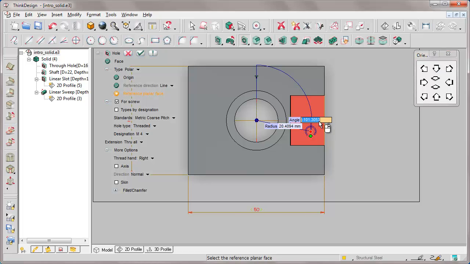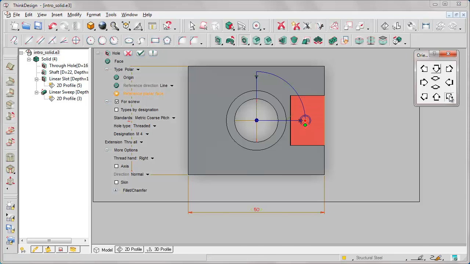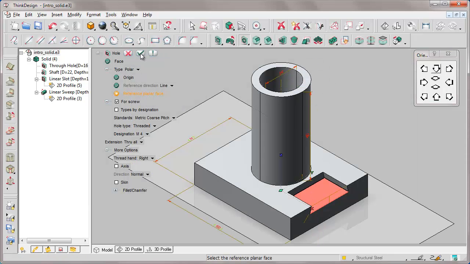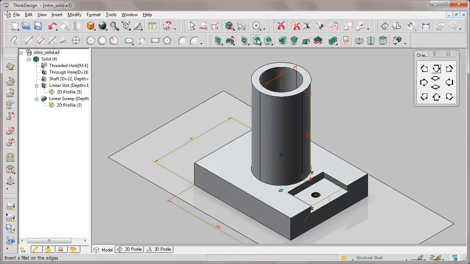So, with respect to that point, we specify an angle of 90 degrees and a distance of our hole of 18 millimeters that we type in the radius mini dialog. And here it is. We place the hole in polar mode.